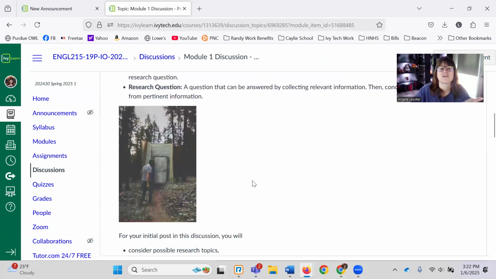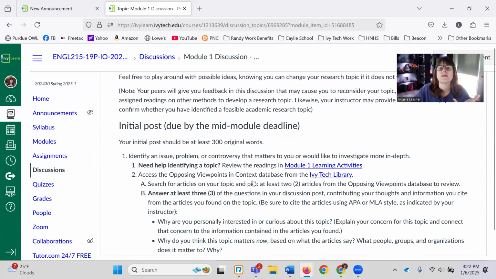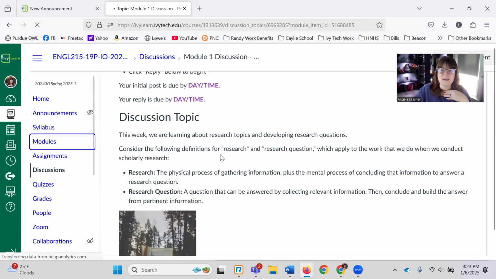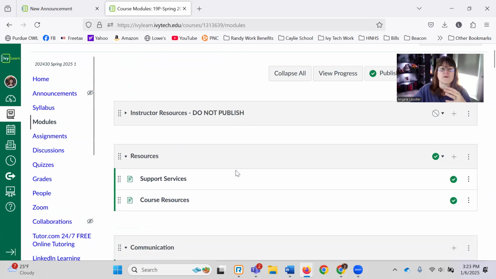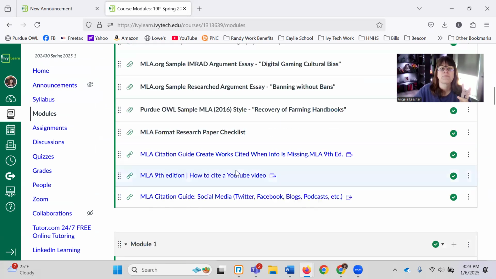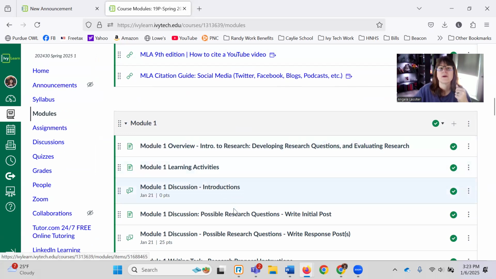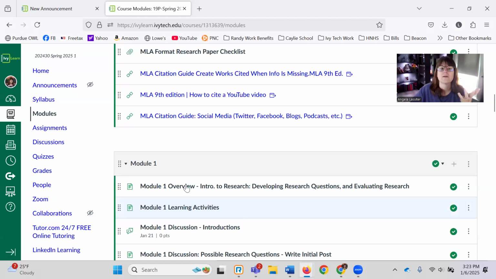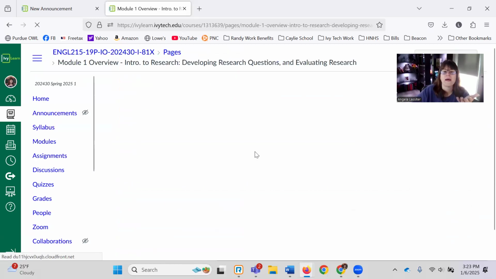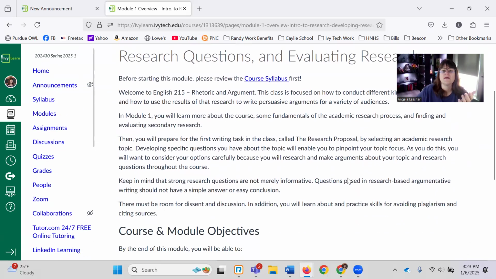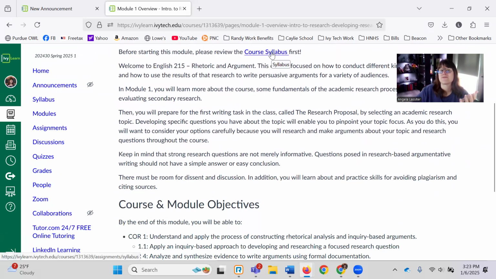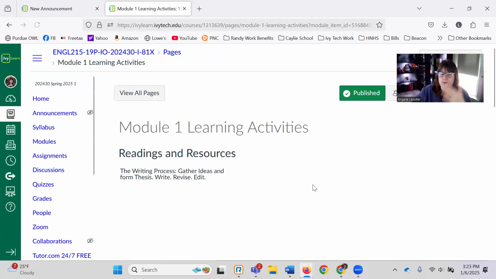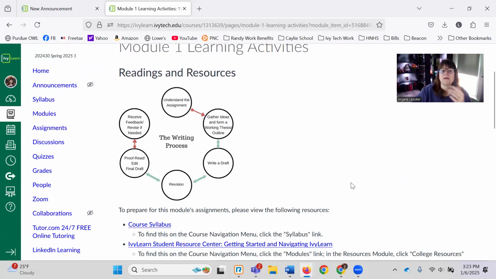Again, this is just an assignment. Make sure that you read it. Make sure that you're following through the instructions. My top advice would be to go into modules and just go through and do the work. You should be touching on each of those as you go through, okay? And literally, if you click on this and you go into this and say you read this, as you can see, it says read the course syllabus first. And then you read through this, then you just click on next. And you go through the modules, okay?